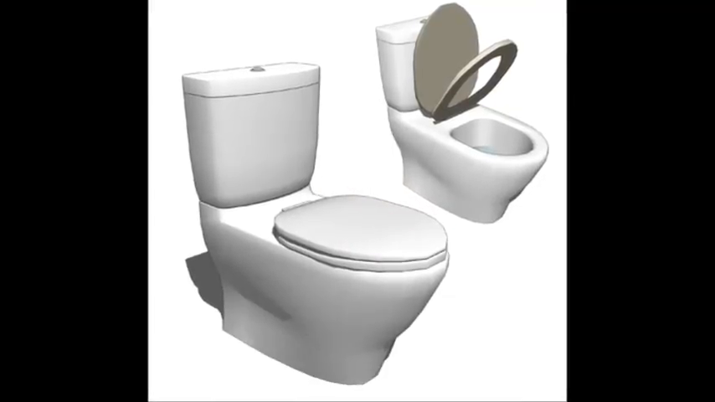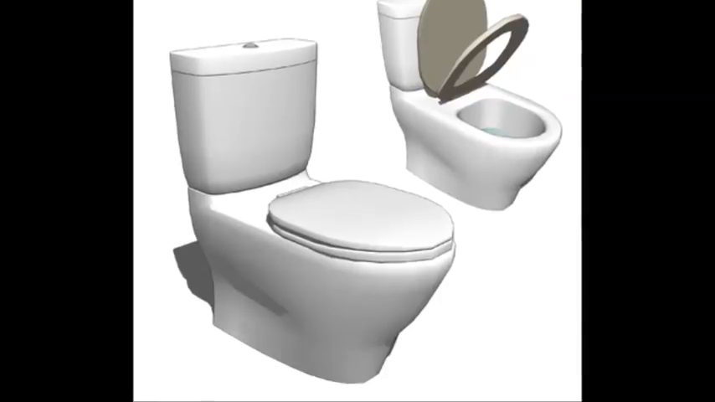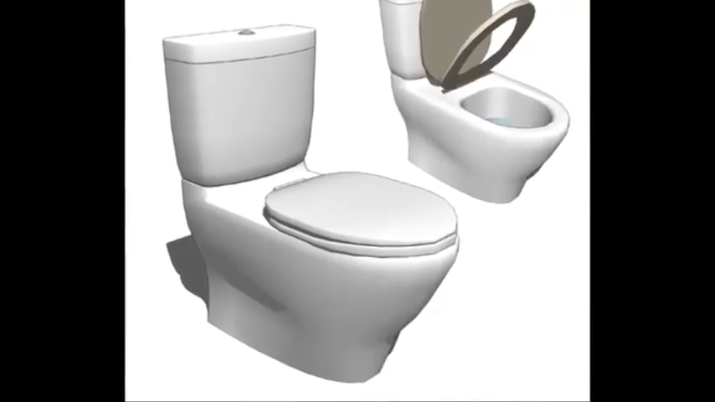Wash your hands. Use soap and water, as you would any time after using the toilet. If you can't find soap, use whatever